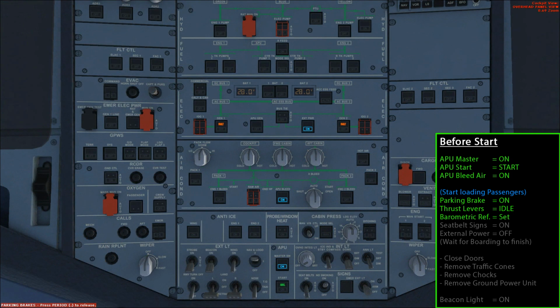And then the last couple of steps on the overhead panel. First, we can turn on the seatbelt signs now that we've got people coming on board. So turn that to the on position. And the last thing to do, now that we've got the APU running, is that we can turn off